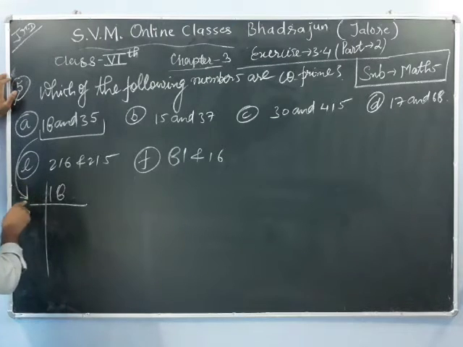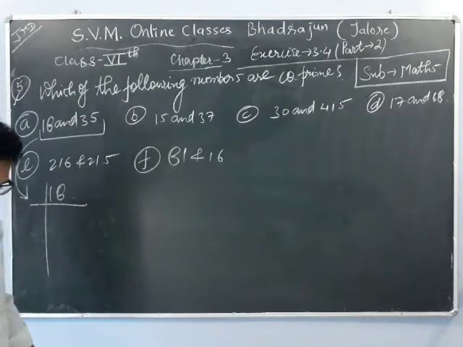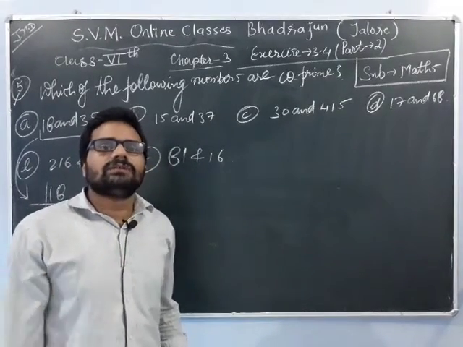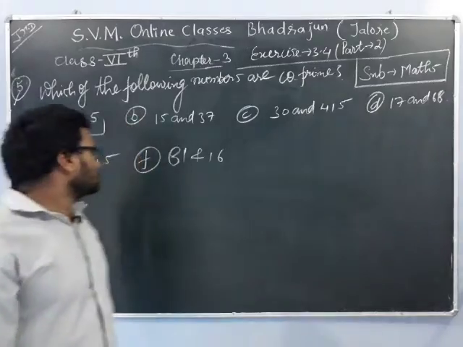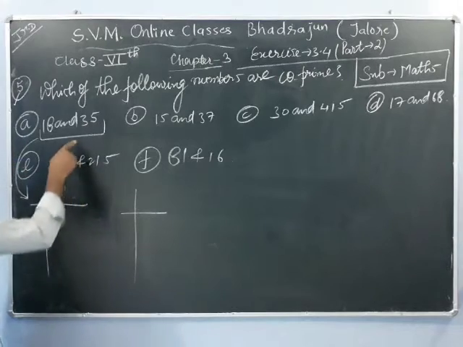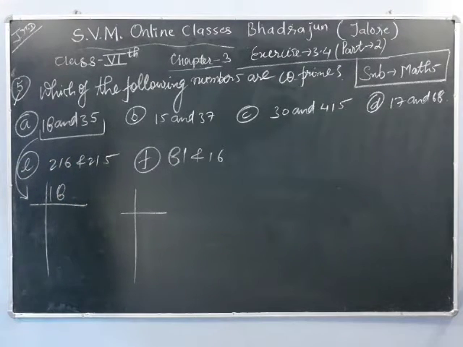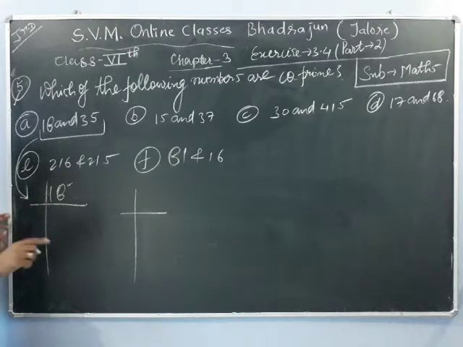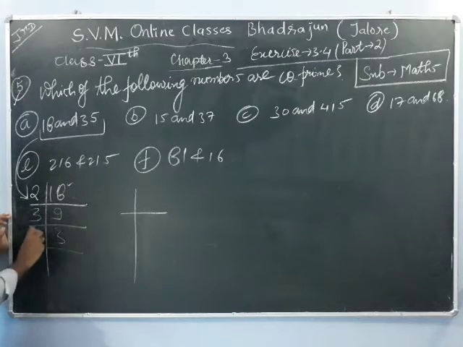Prime is a number that has exactly 2 factors, and 2 numbers are co-prime if they do not share any common factor. Okay, so we will factorize them in prime factors. If any factor is common, then we will say both numbers are not co-prime, and if they are not sharing any common factor, then they are co-prime. Okay, so firstly this is 18 and the unit place digit is 8, hence this number will be divisible by 2. So 2 9s are 18. After that 9 is divisible by 3, and this is 1.